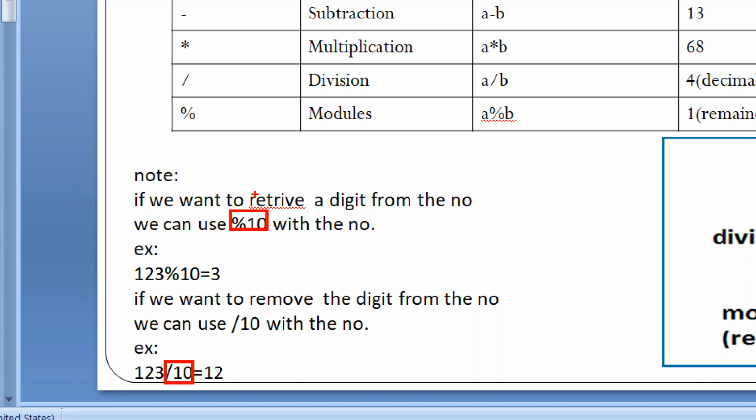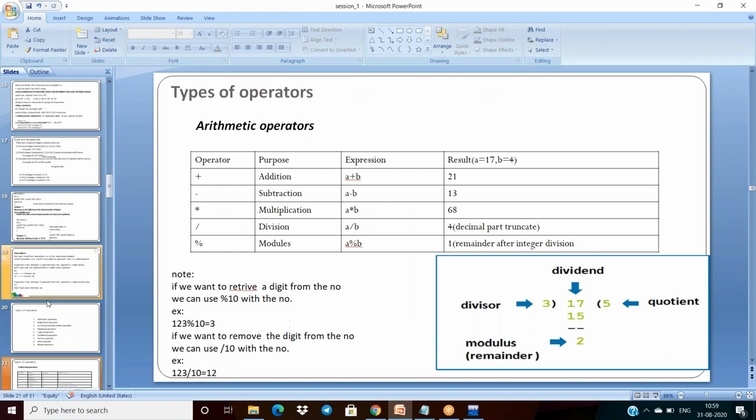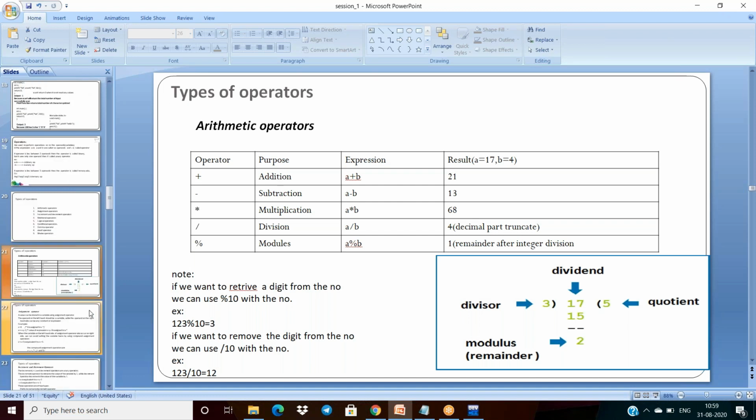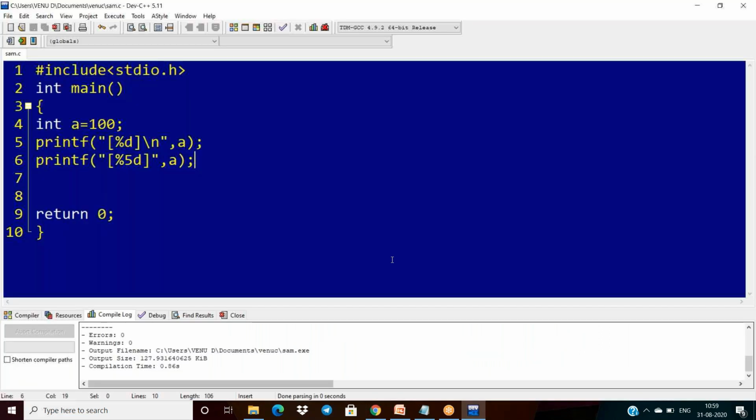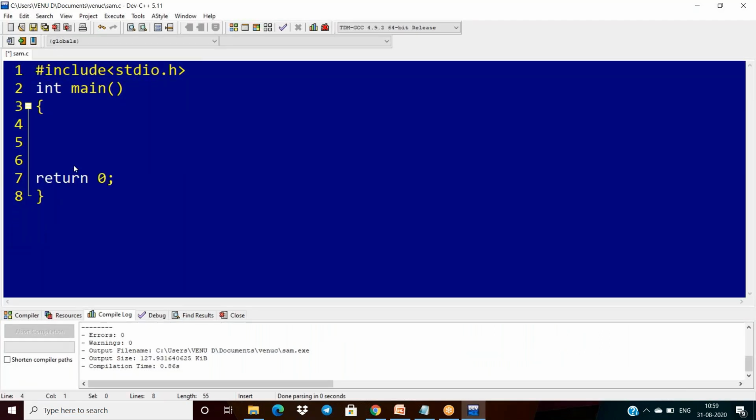To extract the digits of a number, use percentage 10. To remove the digits of a number, use division by 10. This is about the modulus and division operators. Otherwise, I am taking here A as 15 and B as 5.